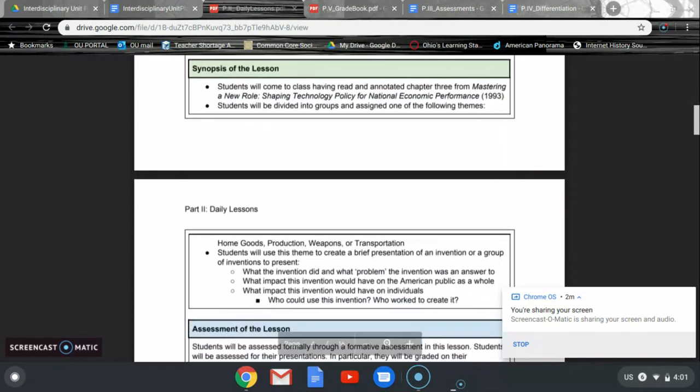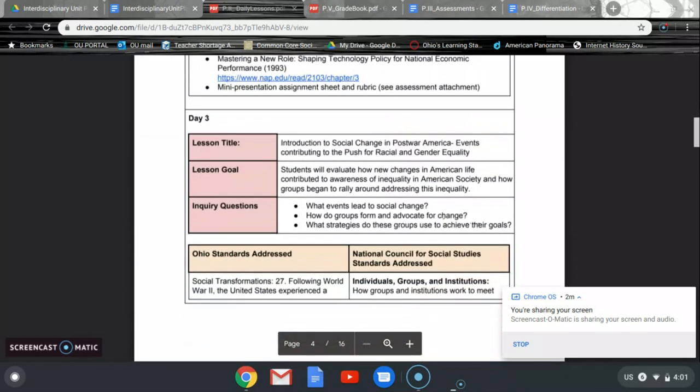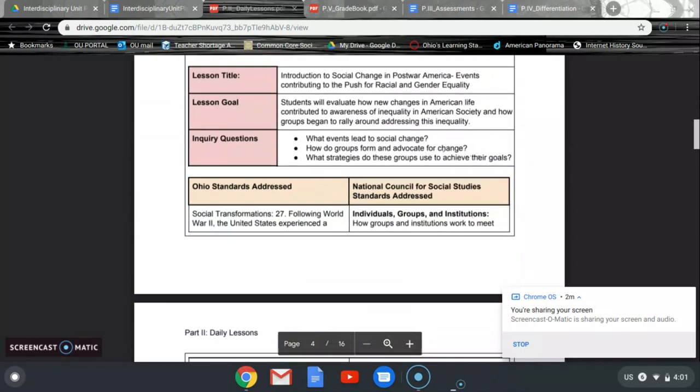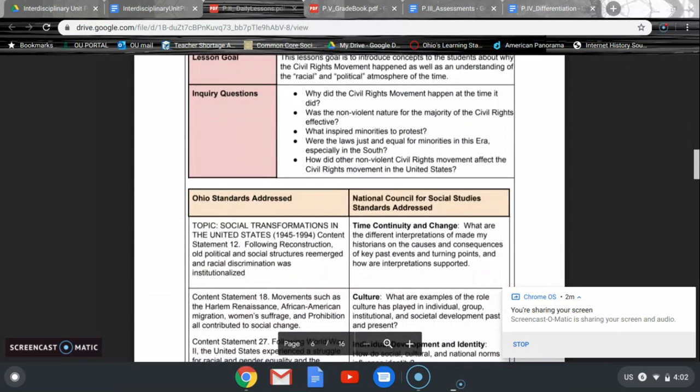And then we jump into day 3, where we start this introduction to social change in post-war America and how these two things work together in order to encourage change. So on day 3, we're setting that scene to allow students to understand how there is change. So we're talking about how groups form and what events during World War II and immediately after lead to the civil rights movement. So then for day 4,